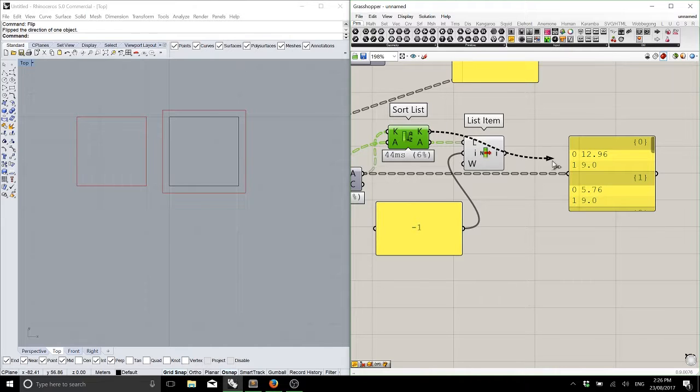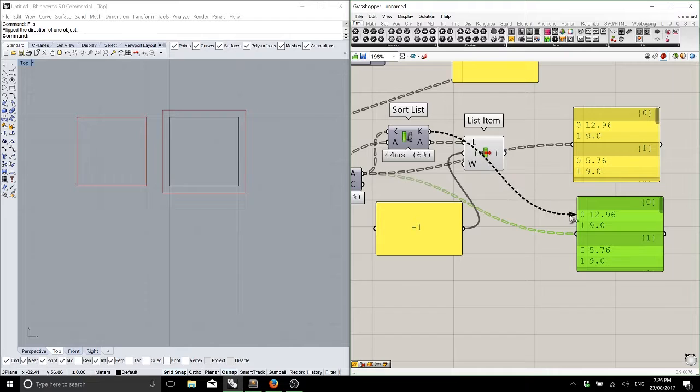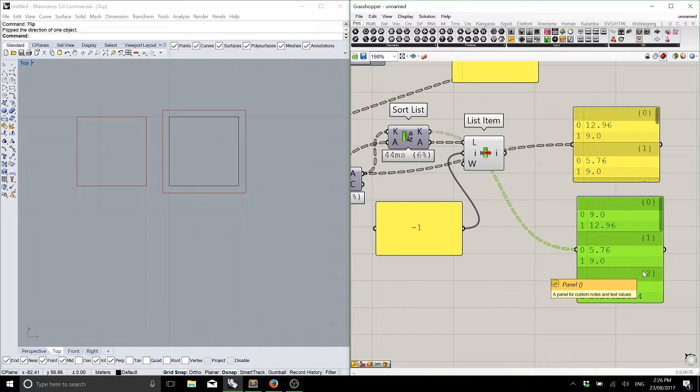What sort list does is it takes a list and sorts it from the lowest number to the highest number. Okay? So what that's going to do is put the 9 first and then the 12.96 second. And obviously the second list hasn't really changed because it was already in order to begin with. Now the key thing here is